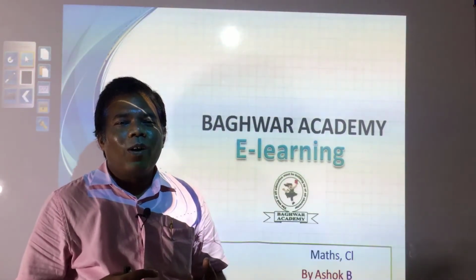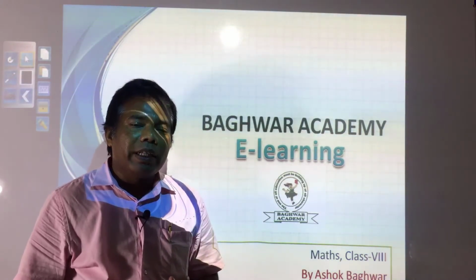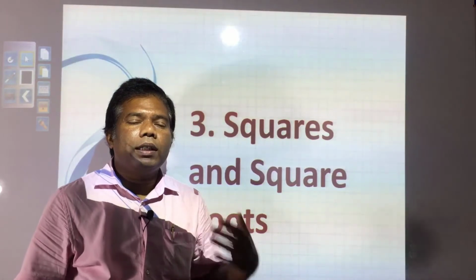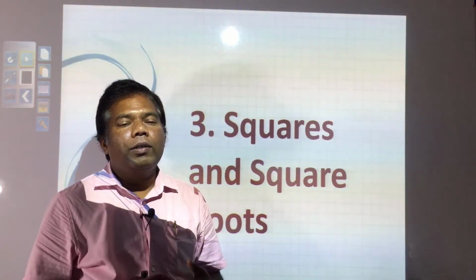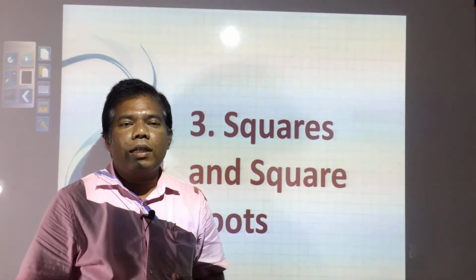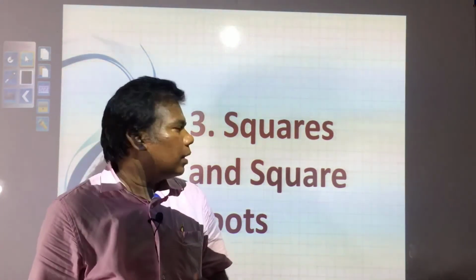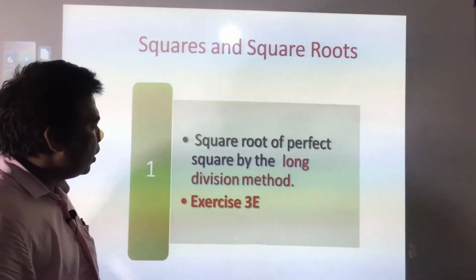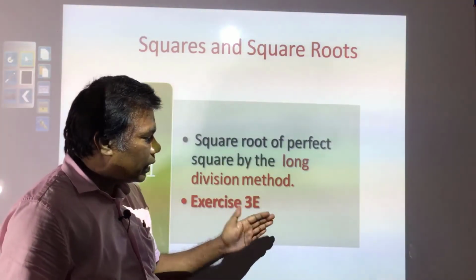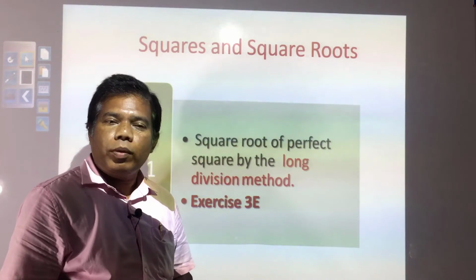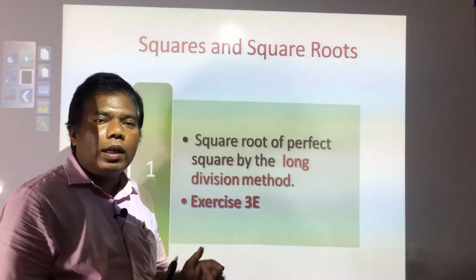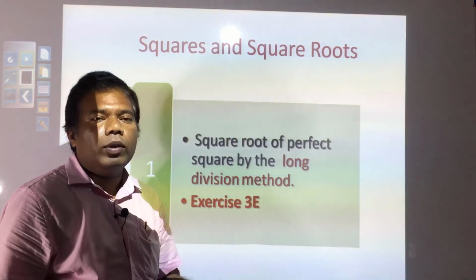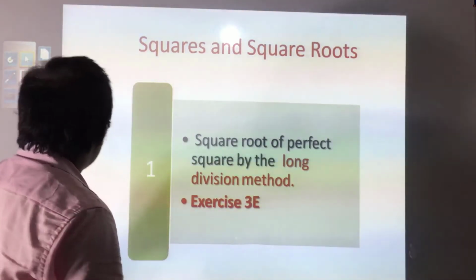So, already we have been doing squares and square roots. Last day we had seen solved examples and it was told to start exercise 3E. I hope you must have started. So, let us see a few questions I have taken from exercise 3E. I hope you have done them. Those who have not done, try to learn and start doing. Those who have done, recheck whether you have done it correctly or not. So, let us start.